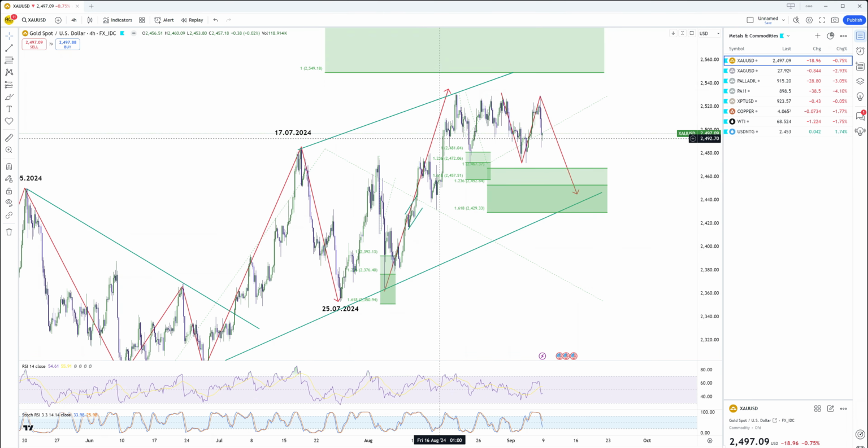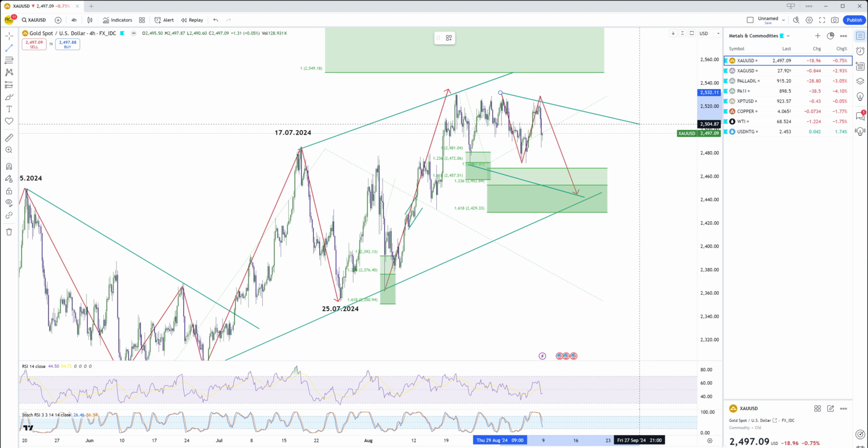For gold, we have warned last week that the market could have got sideways to lower, and this is exactly what happened. We made a move to the downside, then a move to the upside, and then we start the move to the downside again. So what the market is doing right here, it's a sideways to lower pullback scenario. And this is a double correction from the highs from the 20th of August, and we are looking for something like this to take place.